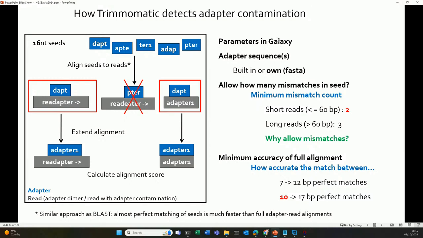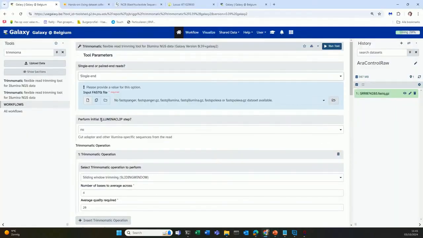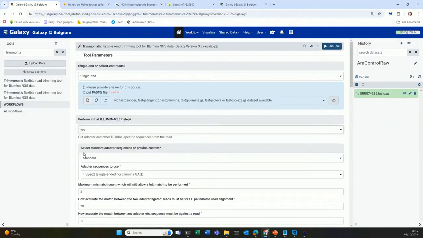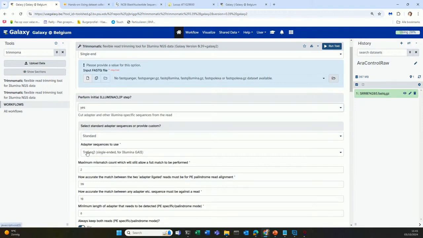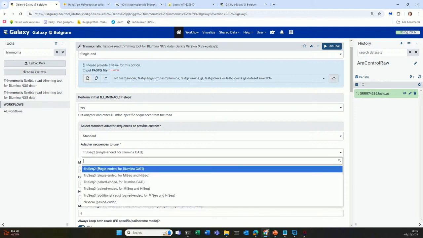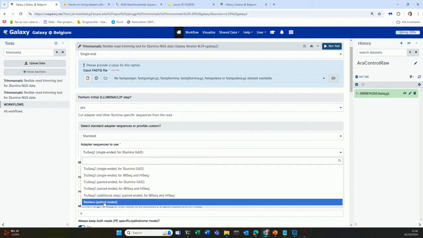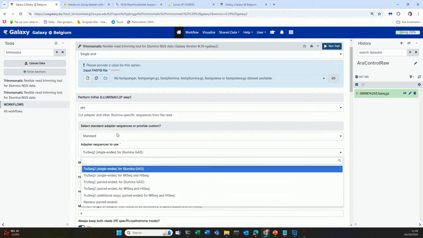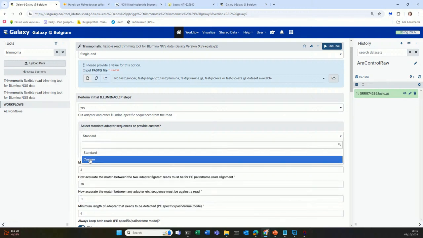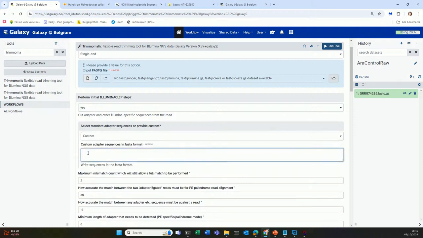So for the adapter contamination, you have to give it the sequence of the adapter. That's one of the parameters that you will see here in Galaxy. If I say perform this step, Illumina clip means remove adapter. When I say yes here, it will ask which adapter sequence was used. When it's your data, you will know exactly which one to choose, because you have done it. When it's public data, it's harder to know. So when it's public data, the safest option is to take custom here and just provide the sequence in